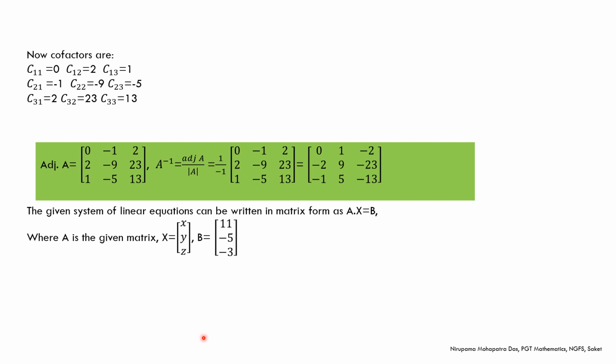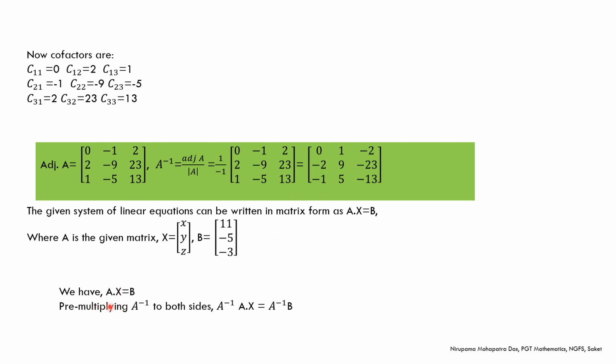Please note that here you don't have to solve the question from the beginning. The instruction of the question is using A inverse. A inverse you have already found out. So you have to use the first part to solve the second part of the question. So no need to find cofactors again, A inverse again, adjoint of A again. So here AX equal to B, and we know A inverse exists, and we already have got A inverse.